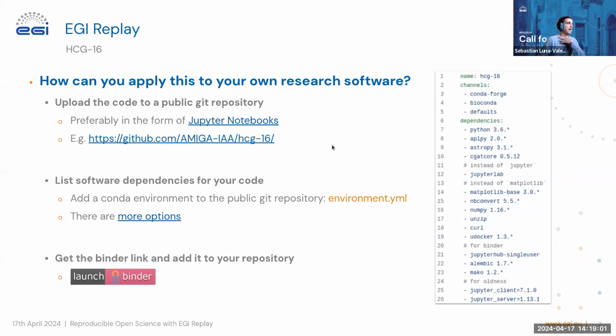But there are other options in my binder, depending on the programming language and the environment that you want to create. And finally, once you configure this, binder will offer you the link and the badge that you can paste on the repository for your experiments.